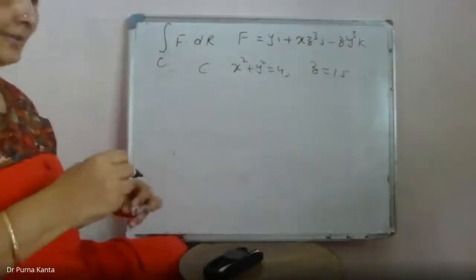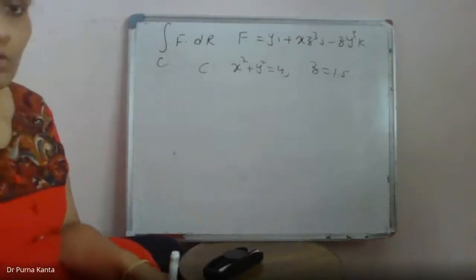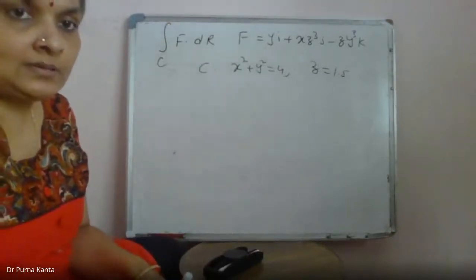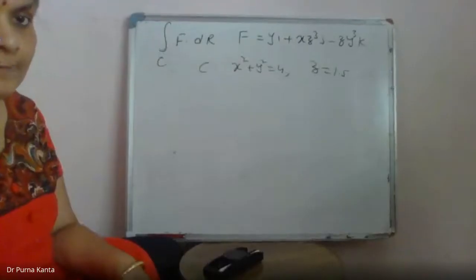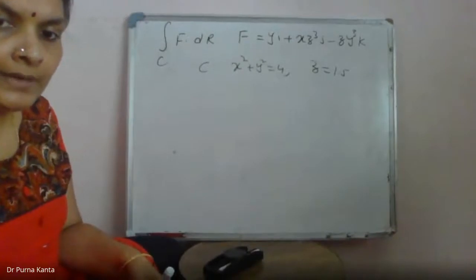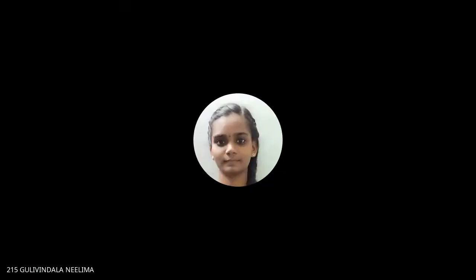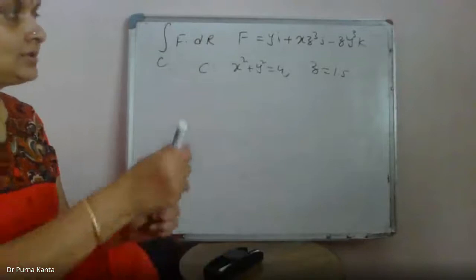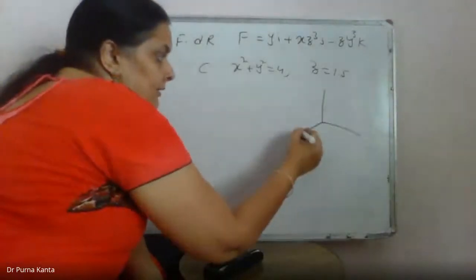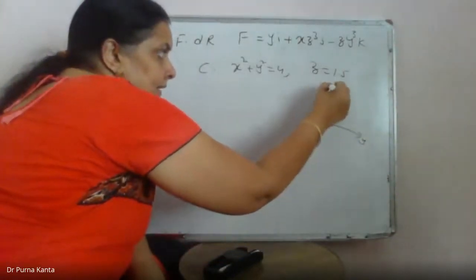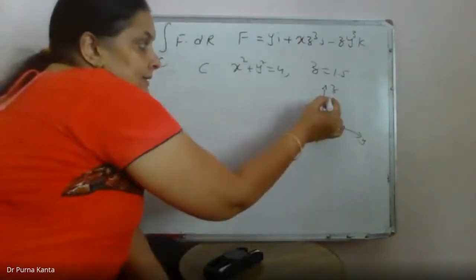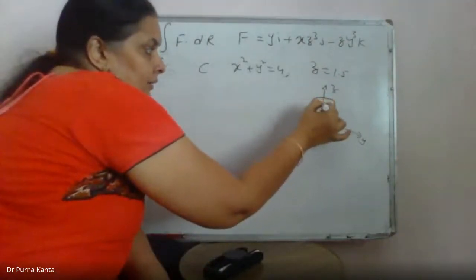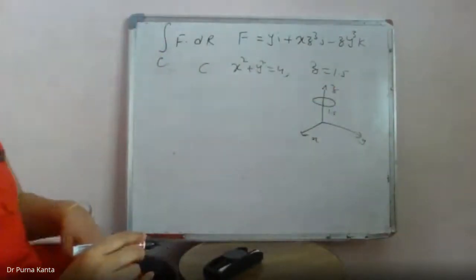So what does this represent, the surface here? What does x squared plus y squared equal to 4 represent? A circle, in the sense of a circular plate. And where is that circular plate located? At z equal to 1.5. Suppose this is the x axis, this is the y axis, and this is the z axis. Then the circular plate is located somewhere here at a height of 1.5 units on the z axis. So this is a